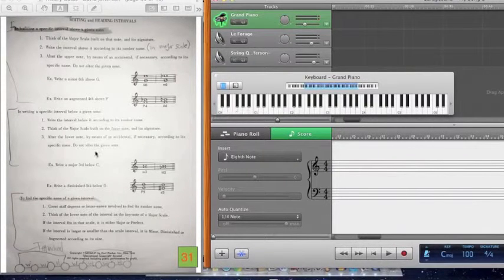See how that works? In writing a specific interval below a given note, write the interval below it according to its number name. Think of the major scale built on the lower note and its signature after matching the number, diatonic, and then alter the lower note only by means of an accidental, if necessary, according to its specific name. Do not alter the given note, because that would change the interval. So once again, all that is basically telling us is